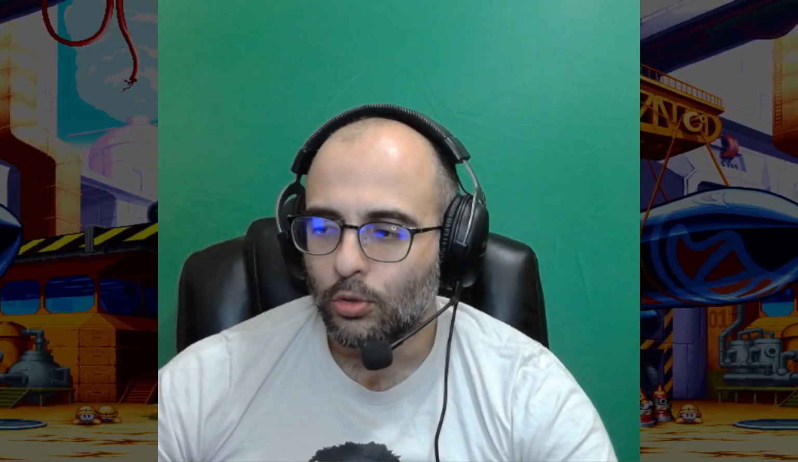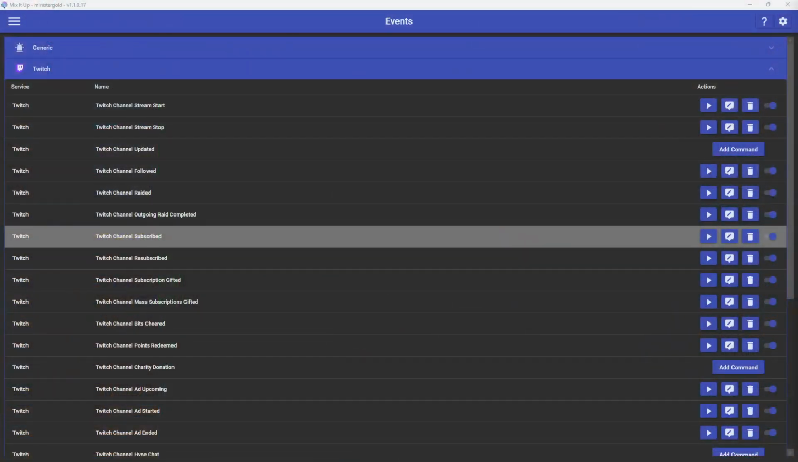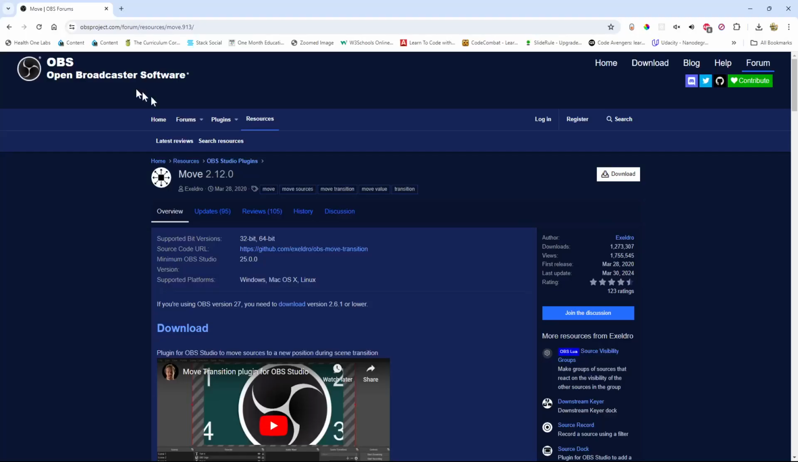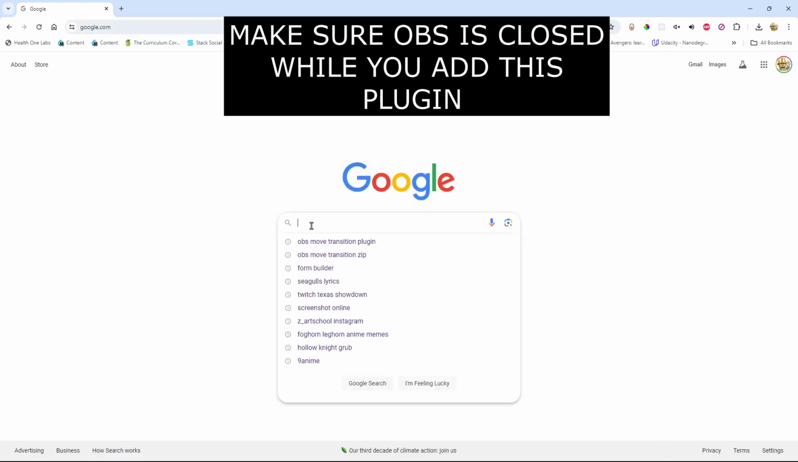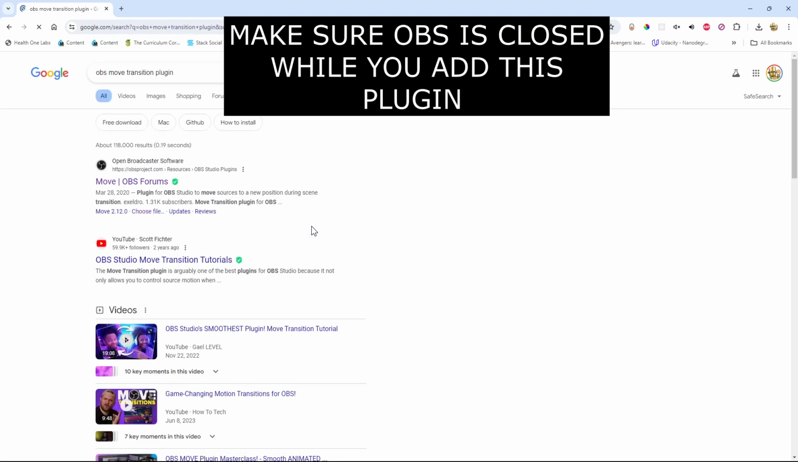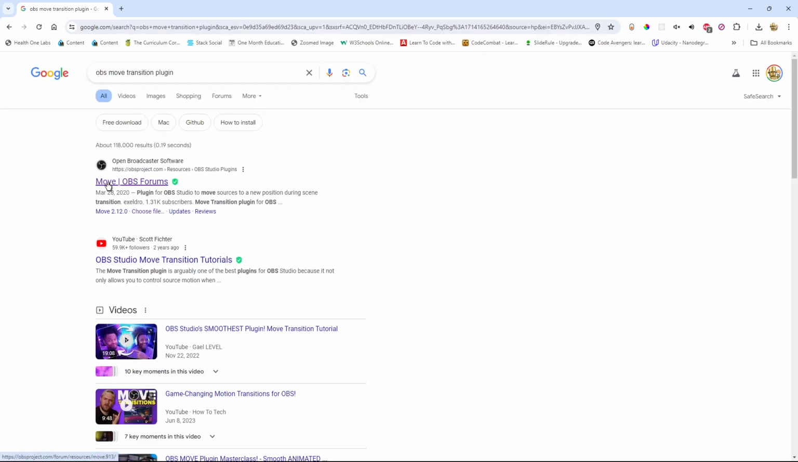So let's go to the OBS website. We're going to do this from scratch. So let's go to google.com. You'll just type in OBS Move Transition plugin. Then it'll be the first result. Click on the Move OBS Forums link,